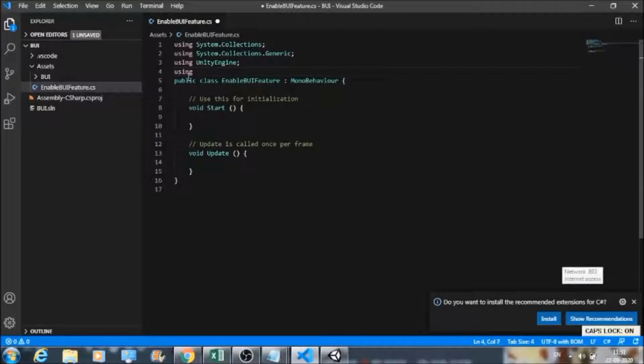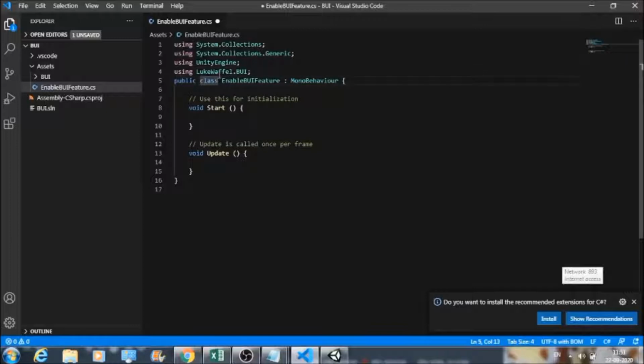Now the first thing we need to do is call the namespace of BUI. There is a namespace called LukeWaffle, and the class that we need to call is BUI.